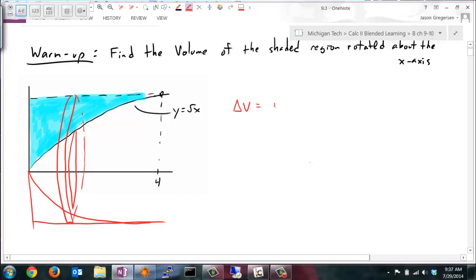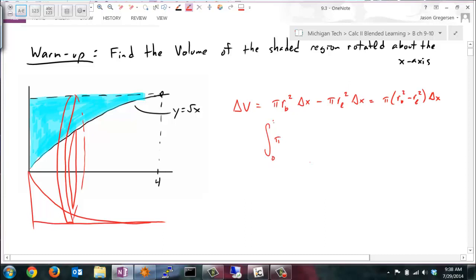So I would have a big cylinder, pi times the big radius squared times its thickness. That's a big cylinder. Minus the hole in the middle, which is pi times some little radius squared times some thickness. A little bit of algebra would give us pi times r big squared minus r little squared dx. And if I want to find the total volume, I just add up the volume of all those slices. I add them up continuously